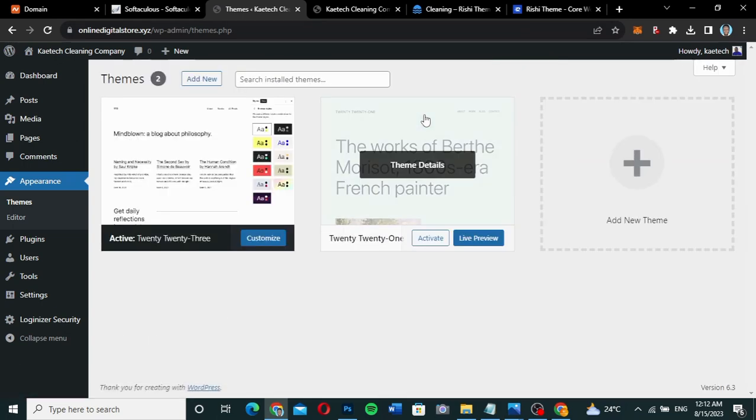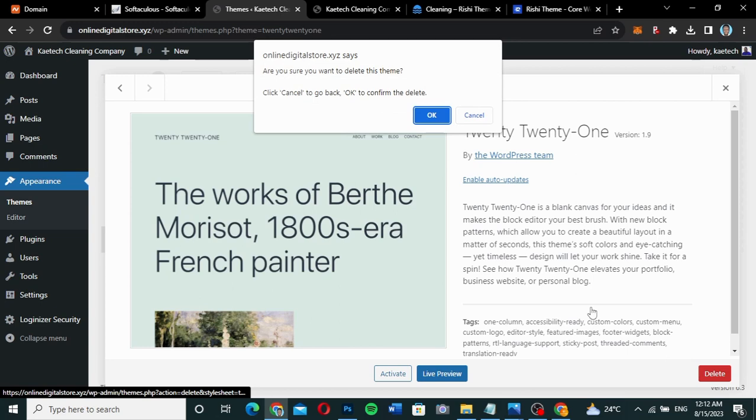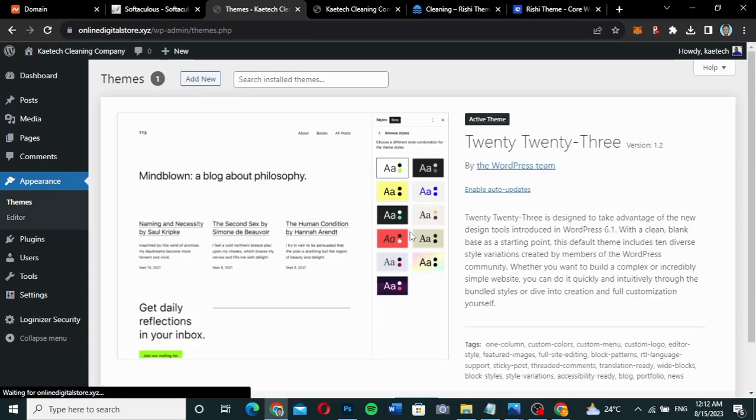I'm going to click on delete. I'll click on the theme details over here, and then over here I'll click on delete to delete the theme. Now that I have deleted it, I've left only one theme, which is the active theme. So what we're going to do is install a new theme. So we're going to add new over here. So click on add new,